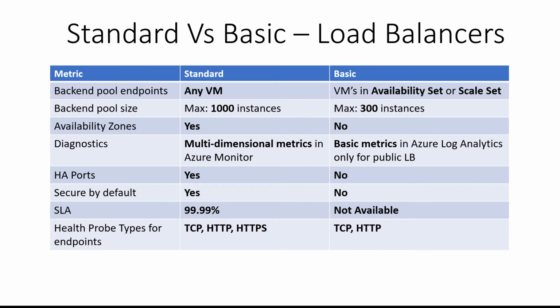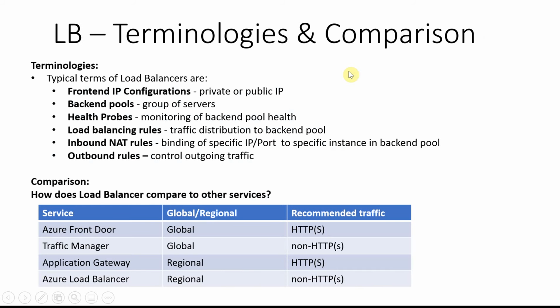the various options we have, standard versus basic. Standard is pretty much advanced, but basic is simple. Standard covers 1,000 instances, and it has advantages like multi availability zone support, multi-dimensional metrics, and high availability ports. The SLA is 99.99%, but for basic we don't have any SLA, and standard also covers HTTPS additionally as well. So these are the features that we saw for the load balancer, and also we looked at the terminologies which